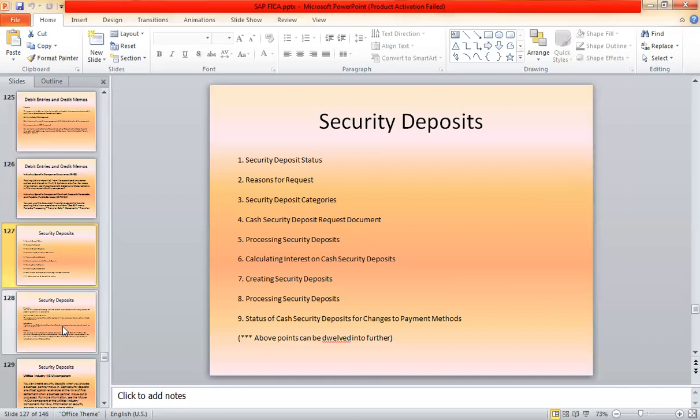All these different methods of handling security deposits has its own processes. We will be delving into this in detail,